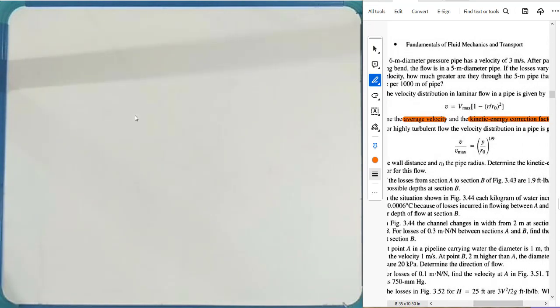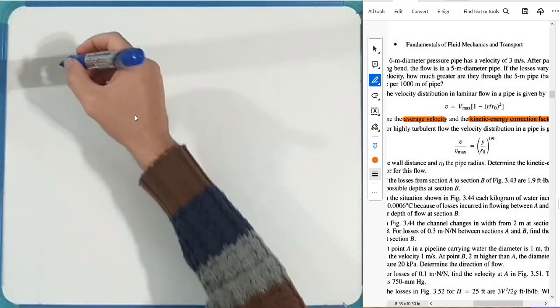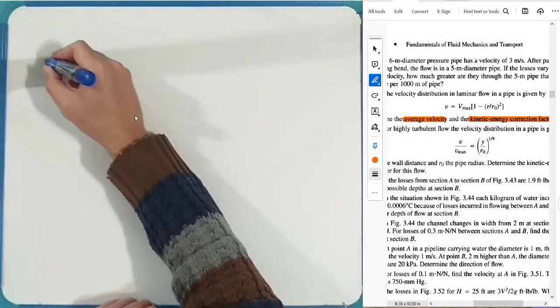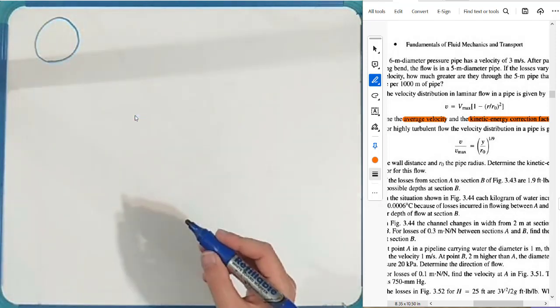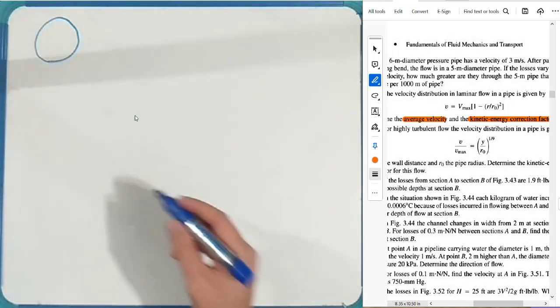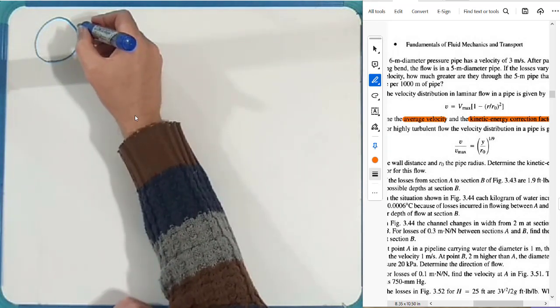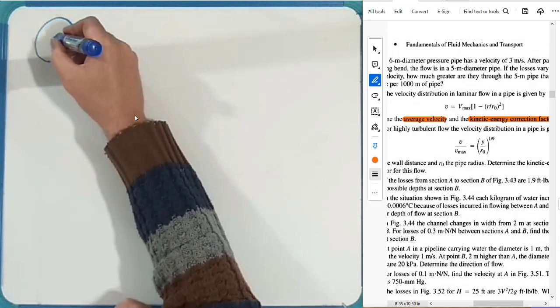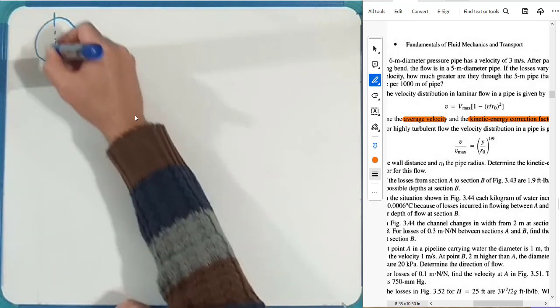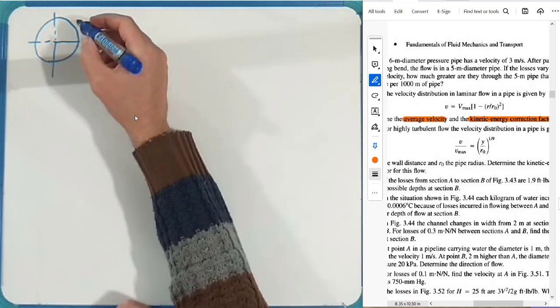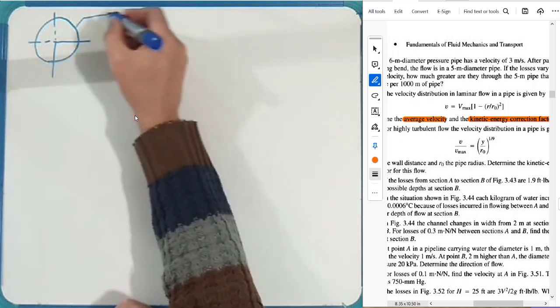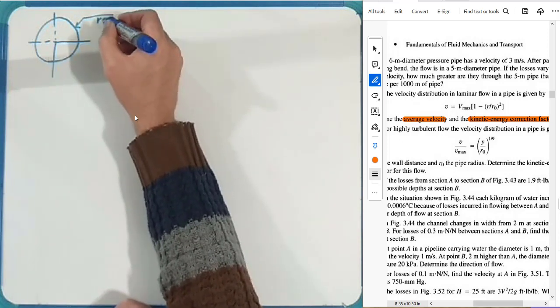Okay. But first, let me draw the picture of that. We have a circle here as the pipe. This is the center of that circle. This is R out,